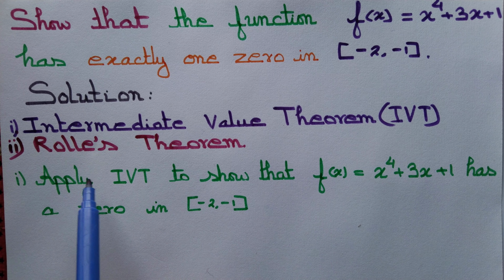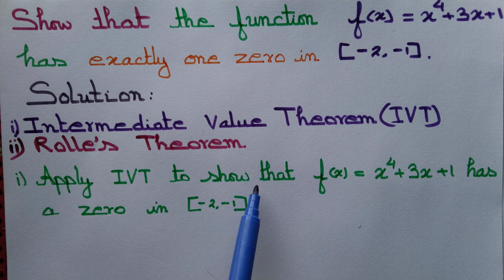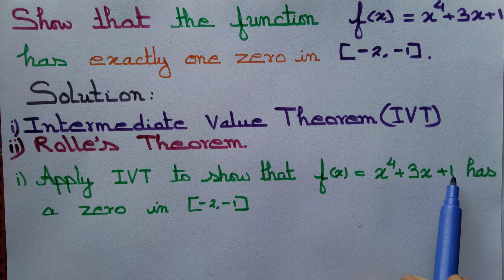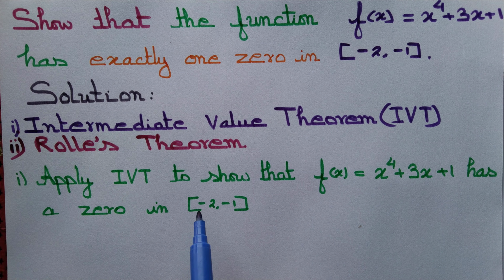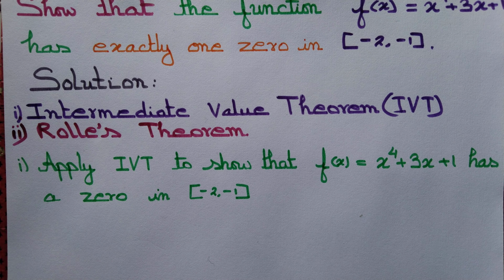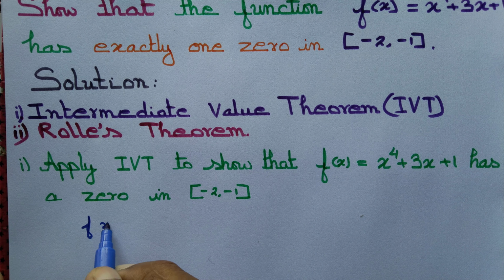First step, we apply the Intermediate Value Theorem to show that f(x) = x^4 + 3x + 1 has a zero in the interval (-2, -1). So we want to apply the Intermediate Value Theorem. First step will show that in this case f is continuous. f(x) equal to